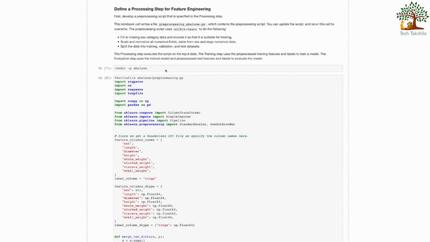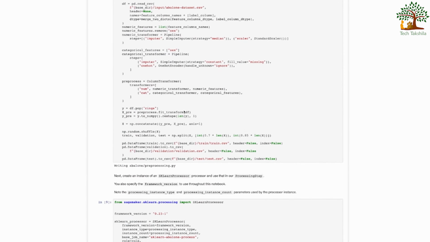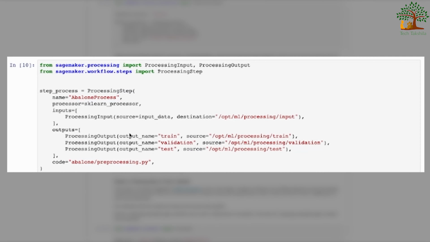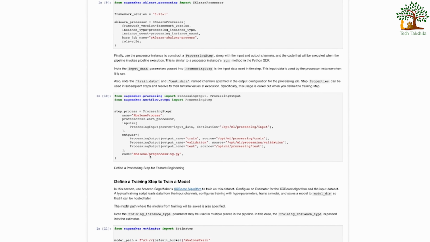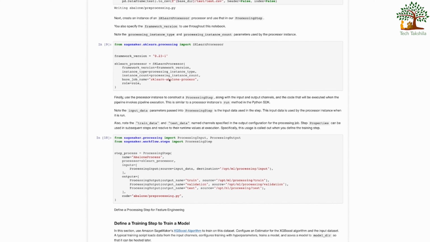To achieve this, we have this processing step here where we have four things for it to work. First is the type of processor to run. Second is the input. Third is the output. And then finally, we need the processing code to execute all the instructions. For this example, we are using the scikit-learn processor that handles the AWS SageMaker processing task for jobs using scikit-learn. But you could use your own custom processor of your liking. Please let us know down in the comment section if you used a custom processor for your use case.